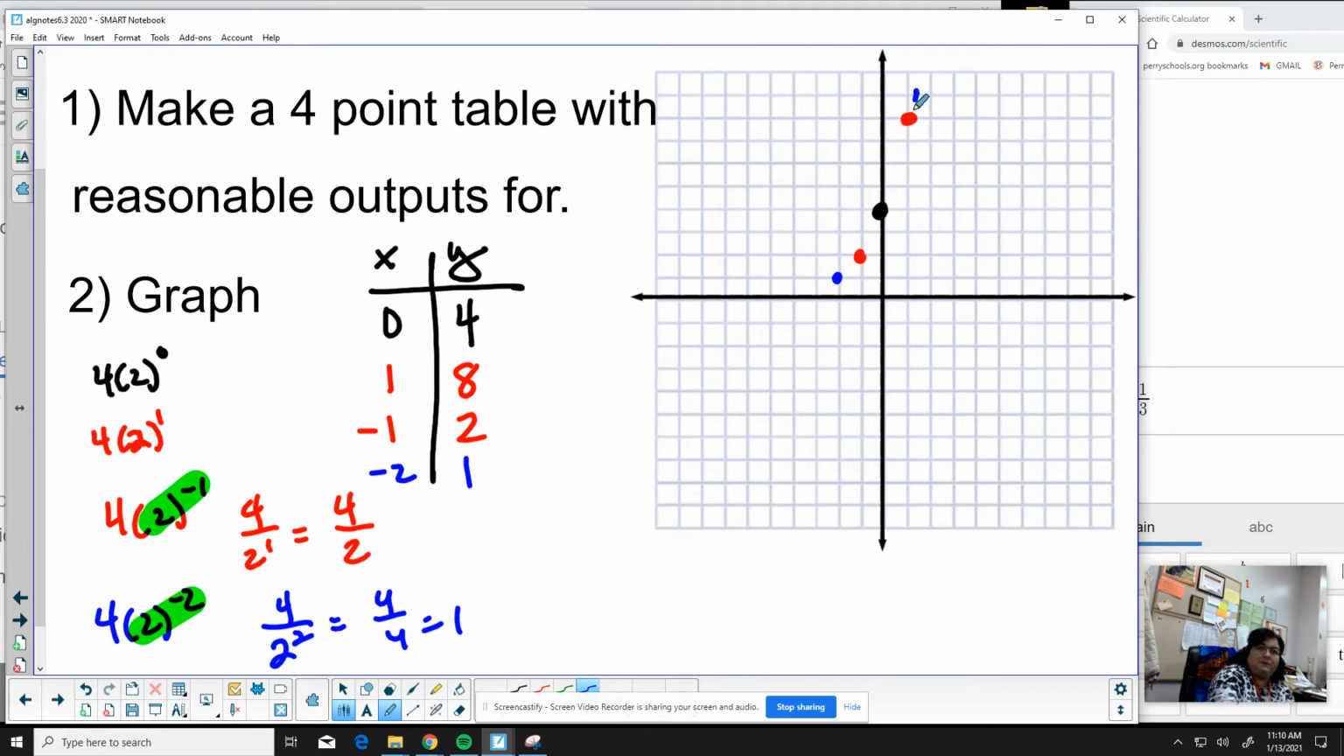So this is what my exponential function looks like. So it will forever be approaching the x axis, but it will never get there. It will never get to that x axis. So this is what my